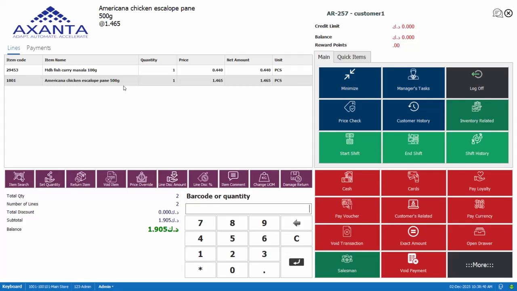After selecting the product, let's say for one of the item, customer has purchased multiple quantities. So there are various ways to set the quantities in Axanta point of sales. First method is just simply scan the product multiple times. Another method is from the grid box here. So how we can do it is we will specify the quantity. Let's say we are specifying 5 and we will give the star symbol as a multiplication sign. So once we click on star,